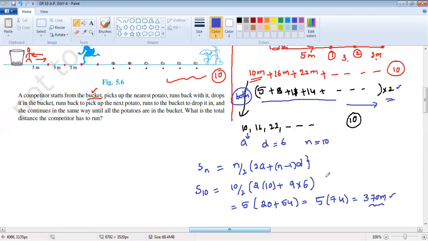Are you clear, ma? Yes, sir. Okay. So these questions are completely application oriented questions. See, and another thing, this is from the textbook, till here the exercises are completed.